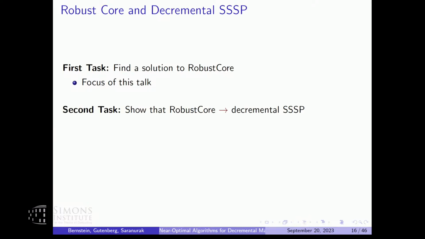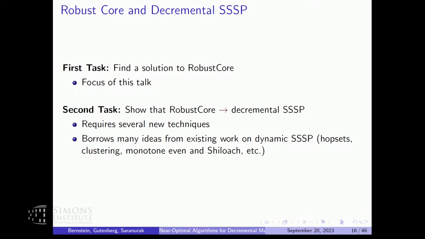Basically, what we show is that at the end of the day, the hard part specifically about adaptive adversaries is this robust core problem. So we basically say that if you have a black box just for robust core, then you can use all these other techniques that people have developed to transform this robust core algorithm into an algorithm for the general problem. And all of this works just fine adaptively.